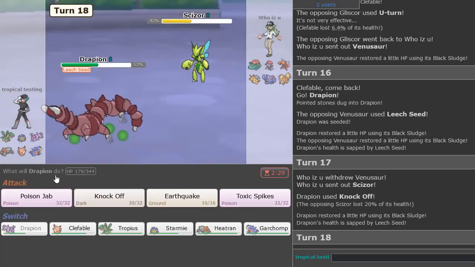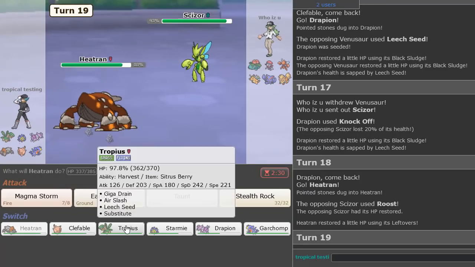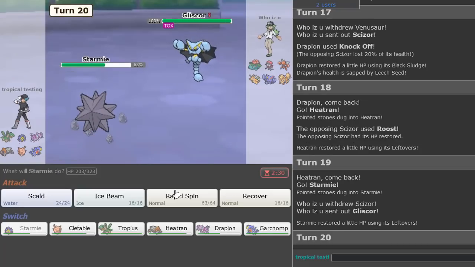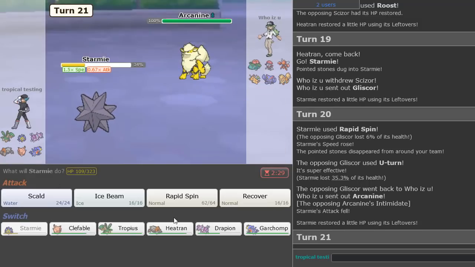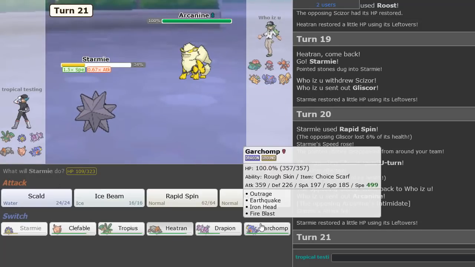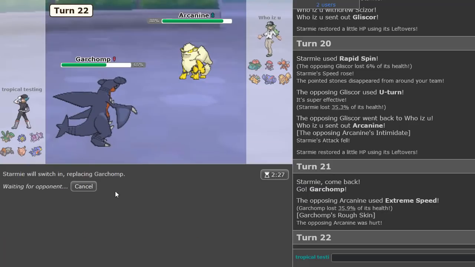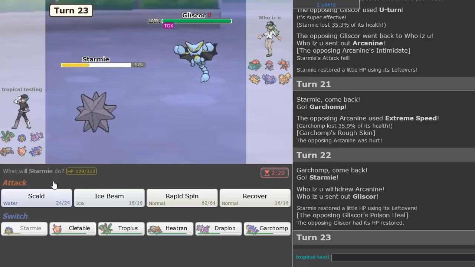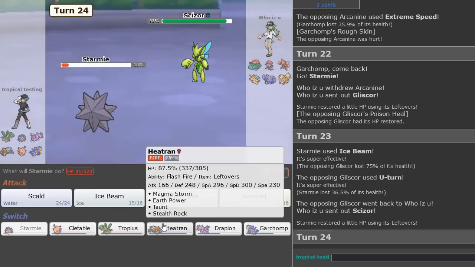So Scizor's in. Let's go into Heatran and double into Starmie and Rapid Spin. He always keeps U-turning. I should Ice Beam at this point. At one point, I should definitely Ice Beam. He's gonna Extreme Speed here though. Let's go into Garchomp and then I think double the Starmie. Yep, I'm gonna Ice Beam here. Get some nice damage on the Gliscor. Very nice damage. He's definitely Special Defense though, very Special Defense. So my play is to go into